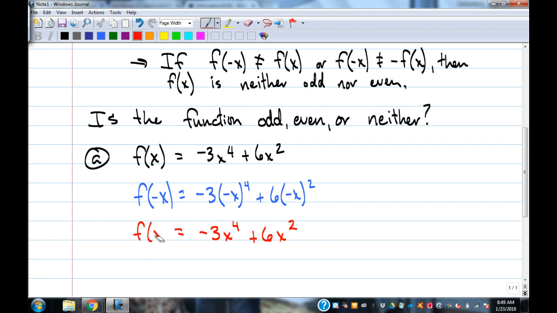So what do we know about the original function? Even. Now, here's a shortcut. Look at the original function. Look at the exponents on the variables. What do we notice about them? They're even exponents, right? Then if all the exponents in the problem are even, or all the exponents on the variables are even,